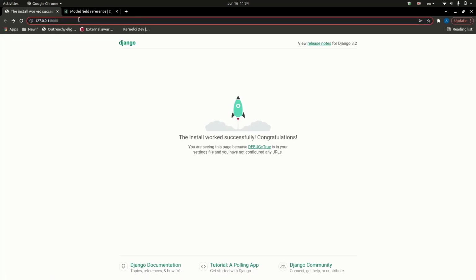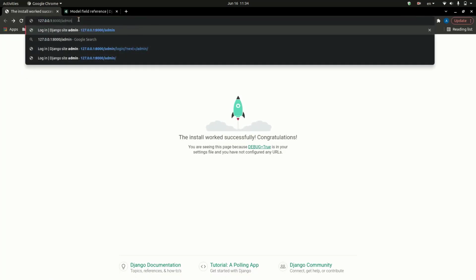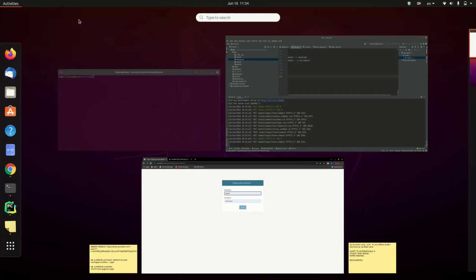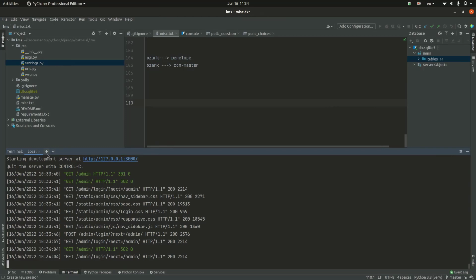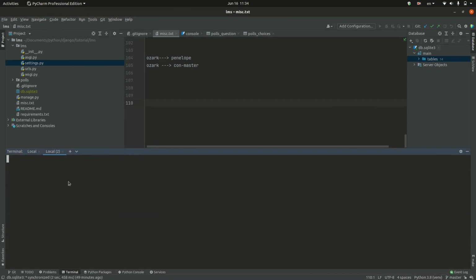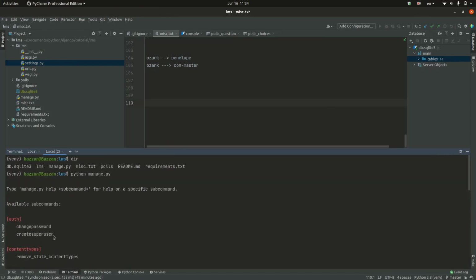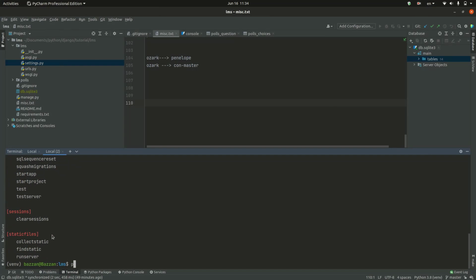Now let's go back to /admin, right? But nothing is happening. So to be able to use the admin, there's something called createsuperuser. I showed you in the beginning. There's something called createsuperuser, right? So when you do Python manage.py createsuperuser,